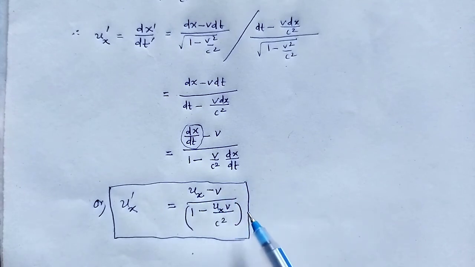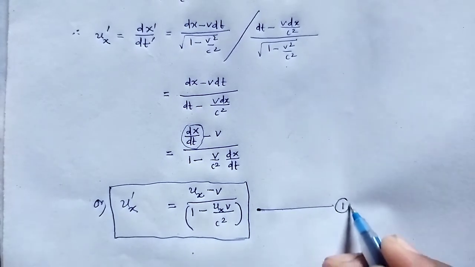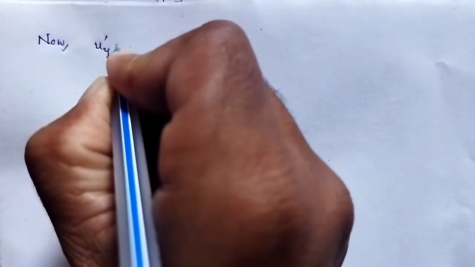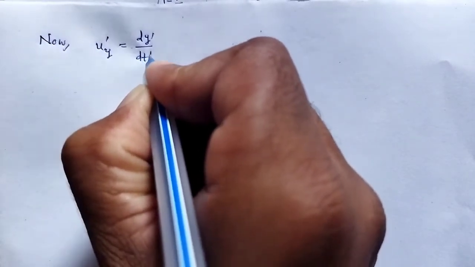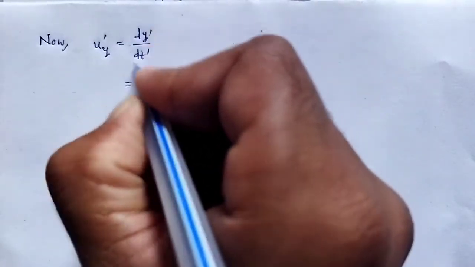It's the value of ux dash. Let me take equation number 1. Again, we have to find y dash and z dash. Now, y dash is equal to dy dash by dt dash is equal to the value of dy dash,